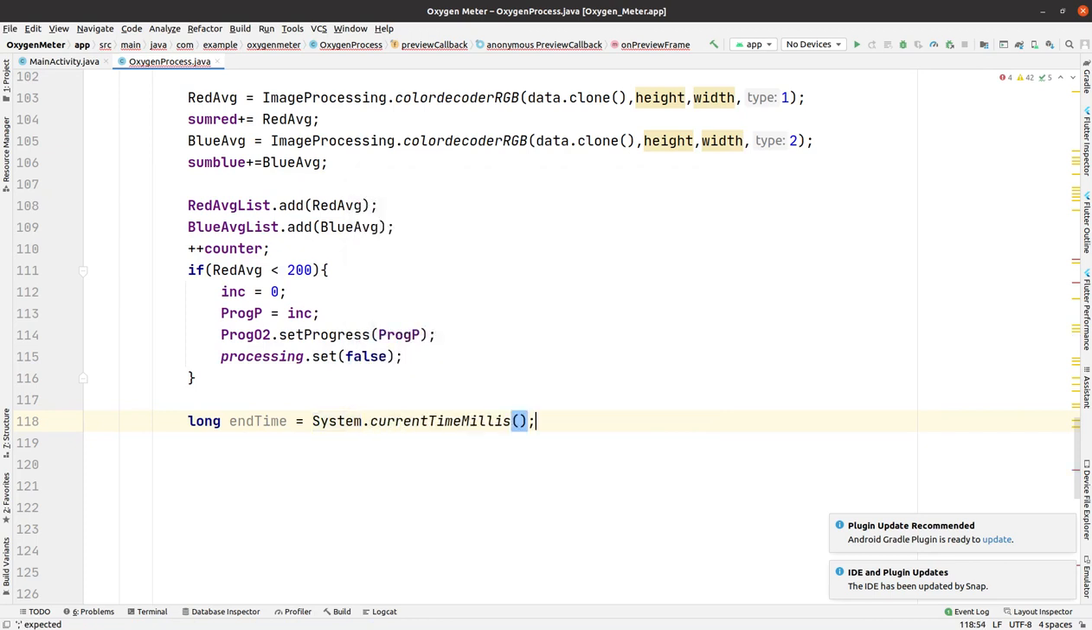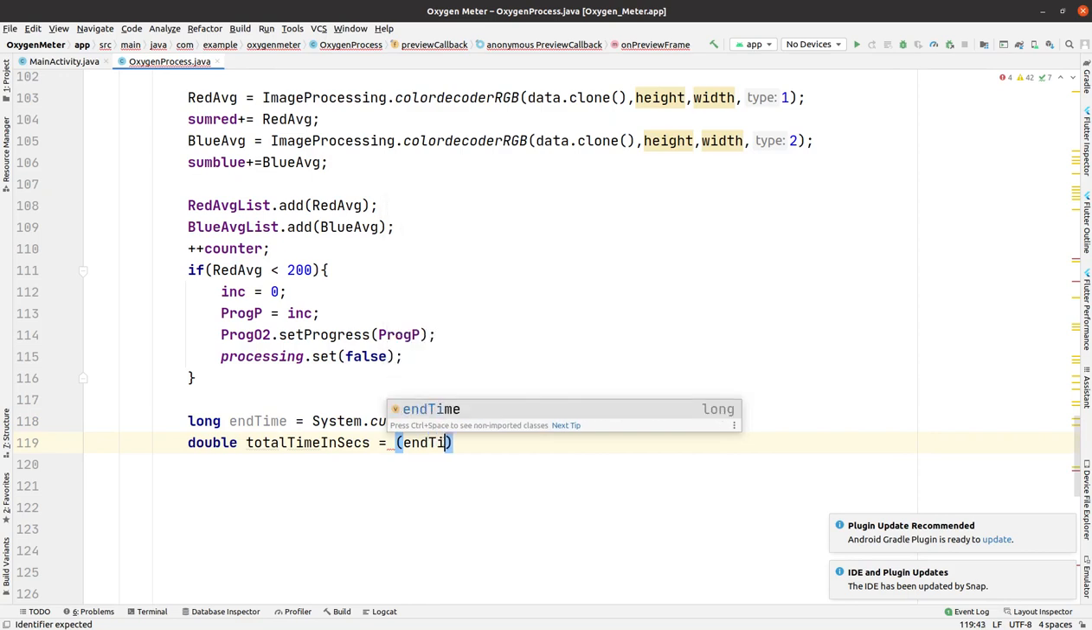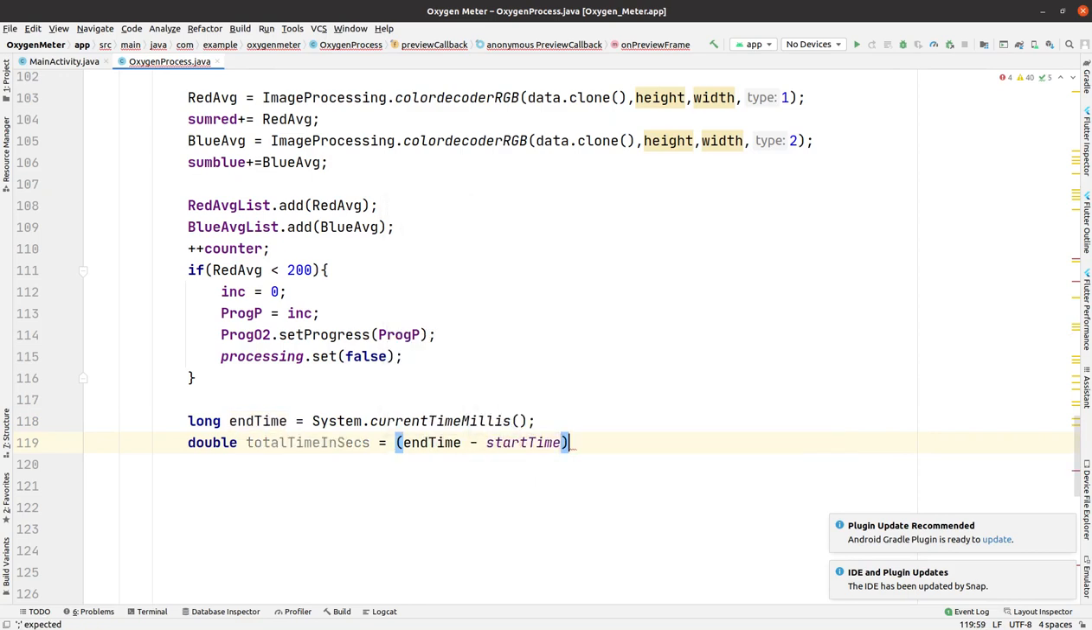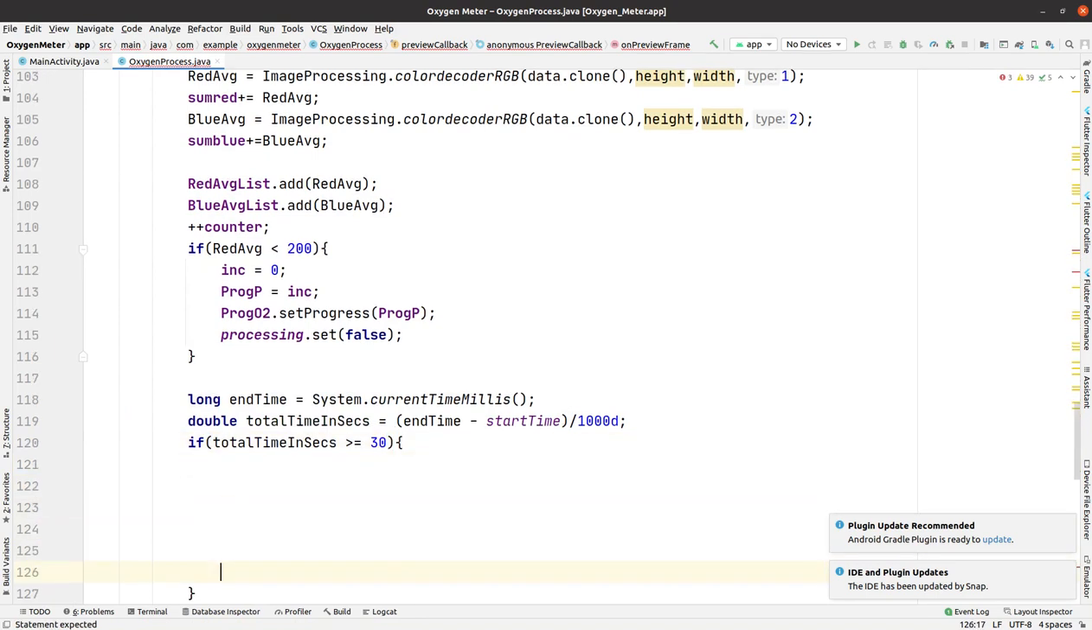Okay, so how are we going to get that particular time period of 30 seconds? That's why we are getting this end time and then total time in seconds. End time minus start time will be the total time in seconds. Okay, and to convert it to seconds we have to divide by 1000. Now what we're going to do is check that total time in seconds should be greater than or equal to 30. Then